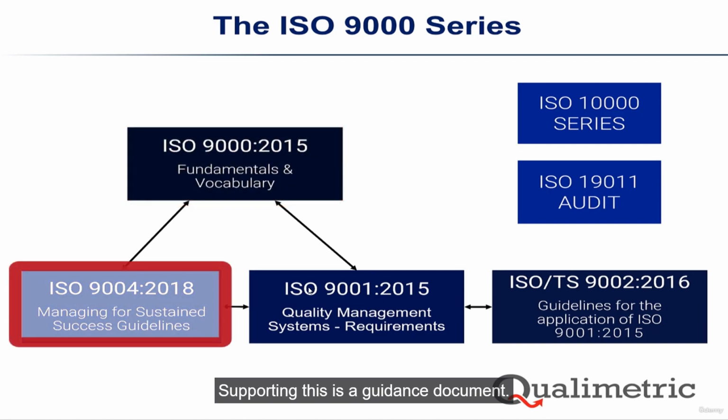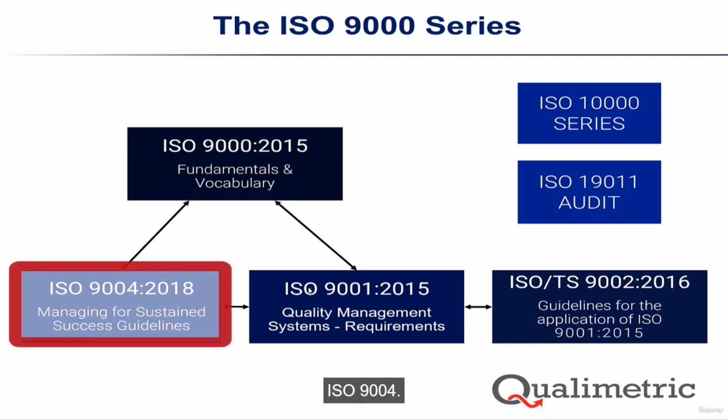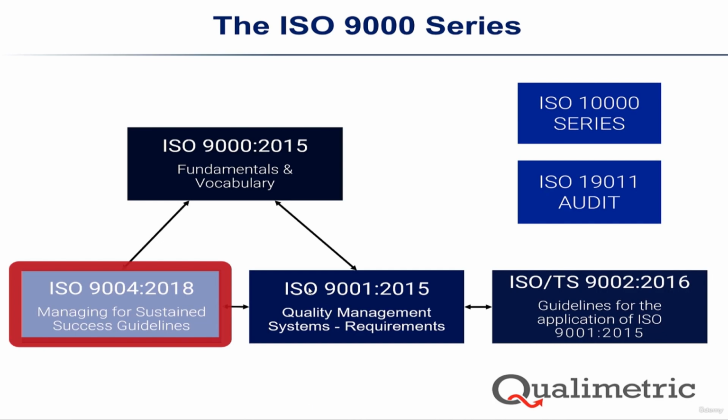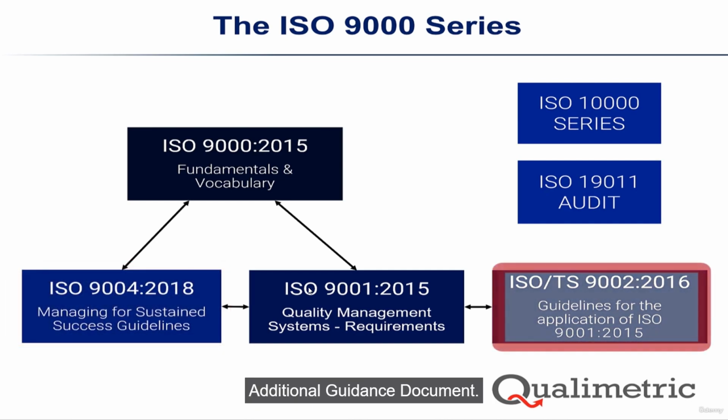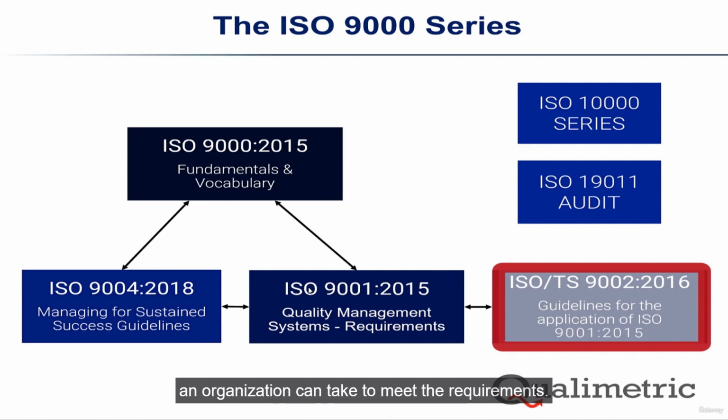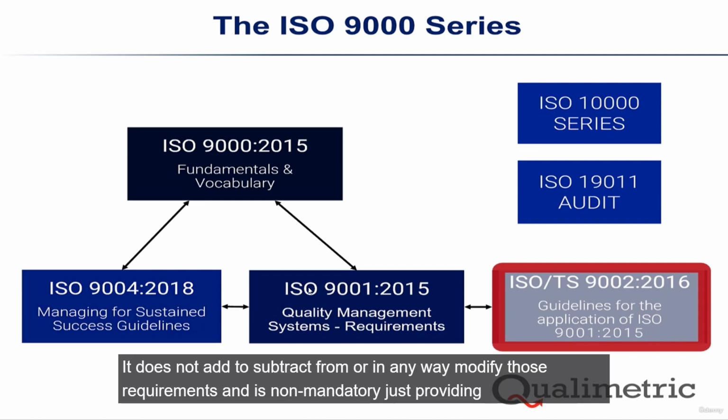Supporting this is a guidance document, ISO 9004, Quality Management, Quality of an Organisation, Guidance to Achieve Sustained Success, which gives guidance on quality and quality improvement consistent with ISO 9001. An additional guidance document, ISO TS 9002, provides guidance on the intent of the requirements in ISO 9001, with examples of possible steps an organisation can take to meet the requirements. It does not add to, subtract from, or in any way modify those requirements and is